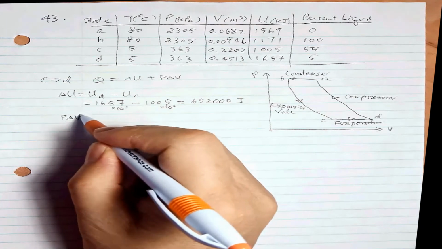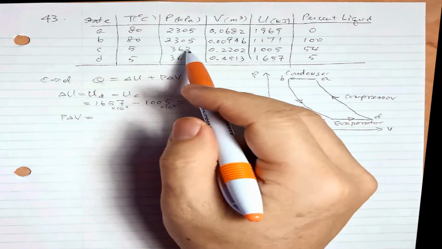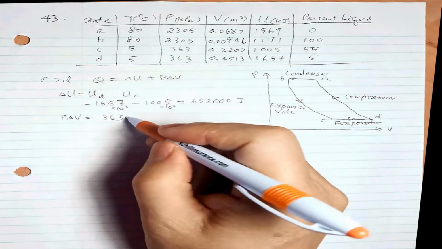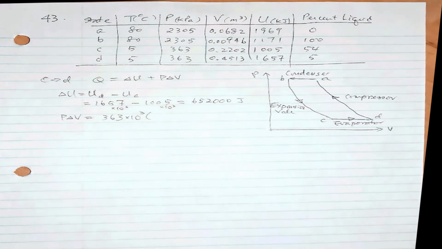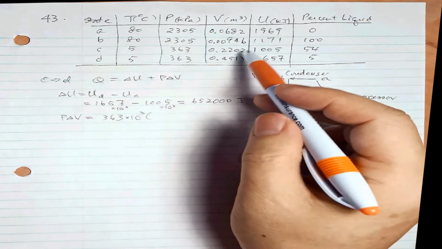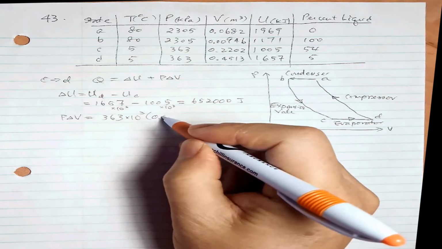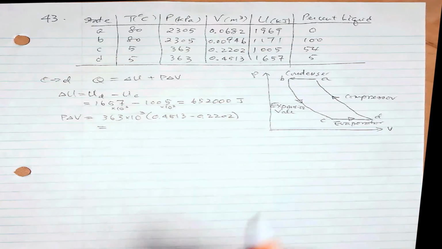The work done is P delta V for any isobaric process, where the pressure from C to D is always 363. Now that's kilopascals, so times 10 to the 3. And volume will be VD minus VC, which will be this one minus this one. So 0.4513 minus 0.2202 in cubic meters, so that should be fine. So the work done, if you calculate it that way,